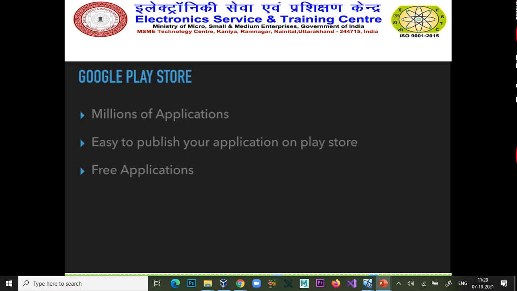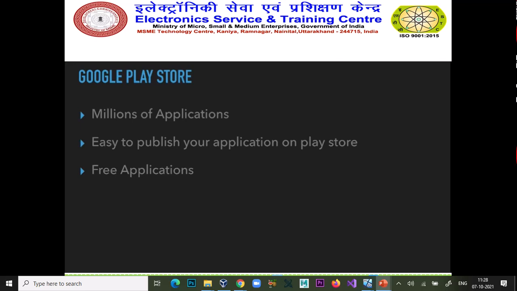Google Play Store. Basically, there are lots of permissions demanded by apps on Google Play Store. So how does Google Play Store work? In Google Play Store, there are millions of applications. There is a one-time registration fee of $25 to upload any kind of app there.